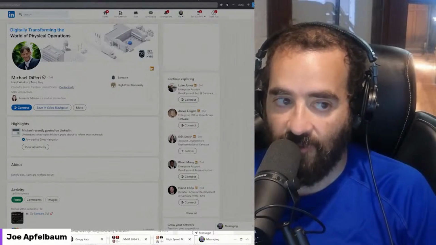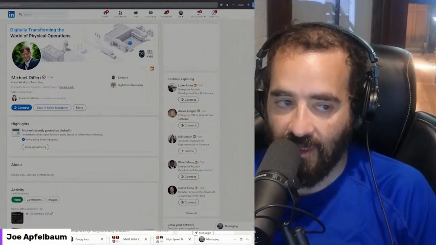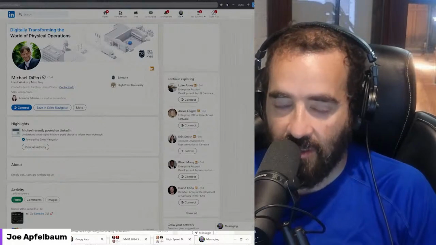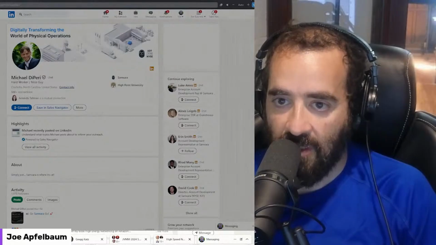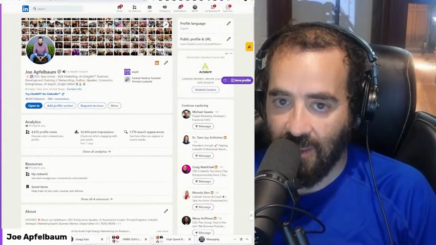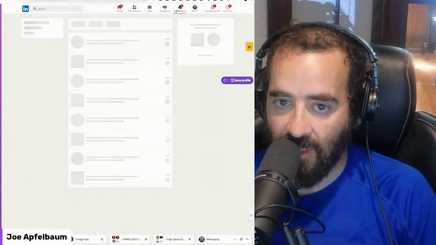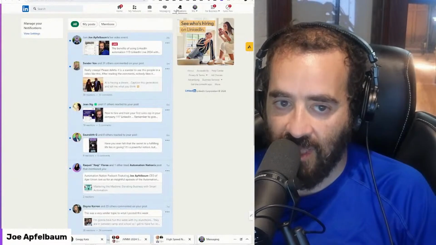The key is do very little activity, but do automated activity, and that will allow you to tap into the power of LinkedIn without having to sit at your computer like a zombie every single day. The key is don't spam people, don't annoy people, and don't do too much activity. Sometimes when you do too much activity on LinkedIn, even if you're doing it manually, LinkedIn will think it's automation and will slap you on your wrist.